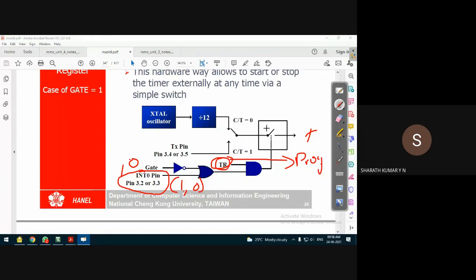In simple words, this switch is enabled or disabled, controlling the counting of clock pulses. Either it can be done using the programming method, in which case the gate bit should be 0, or using external hardware, that is a physical pin connected to P3.2 and P3.3, when the gate bit is set to 1. So this is how the gate bit is used.